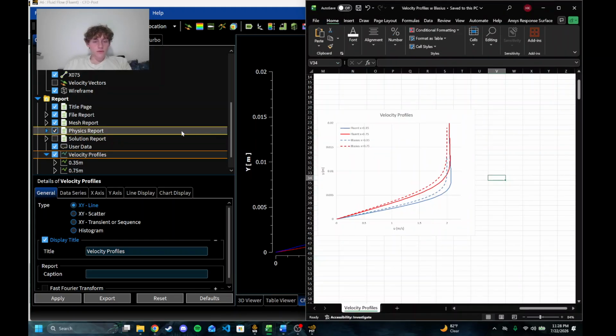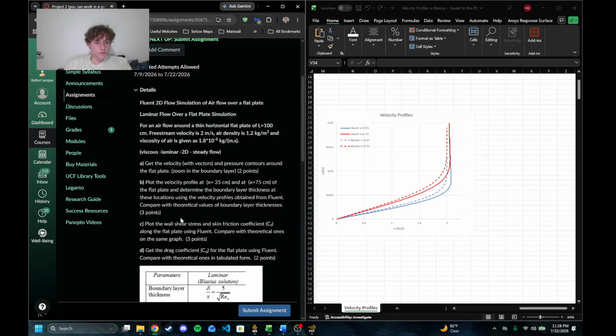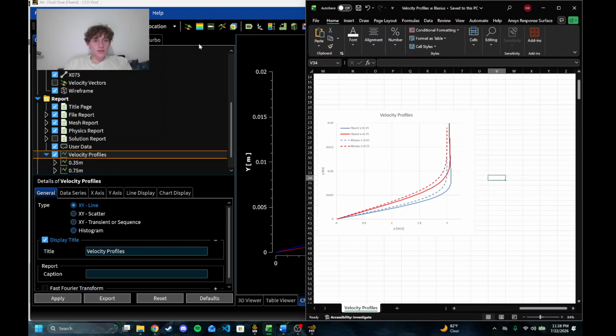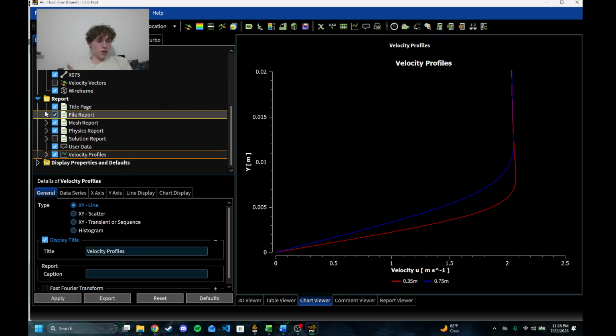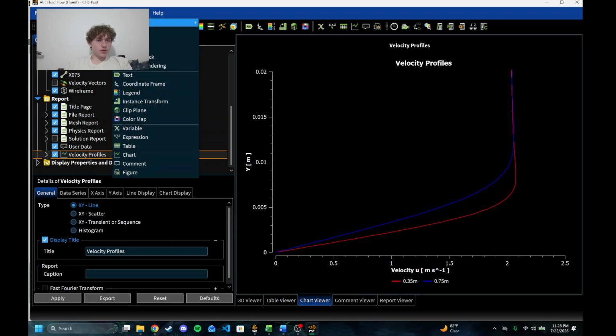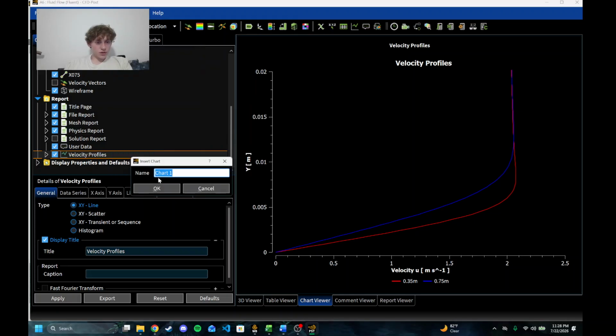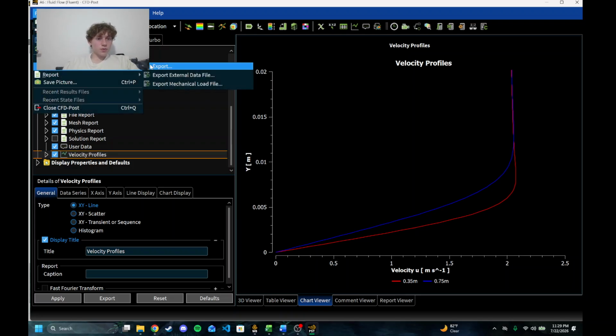Okay, so then for part C, let me just get a little refresher on it. Yes, so this was basically the same thing. I, however, did not plot it in Fluent. I'm sure you could, and I'm sure it would look extremely similar. I think I did try to do it, and it was just not really working. That's why I opted out of it. But anyways, you can go up here, File, Export,